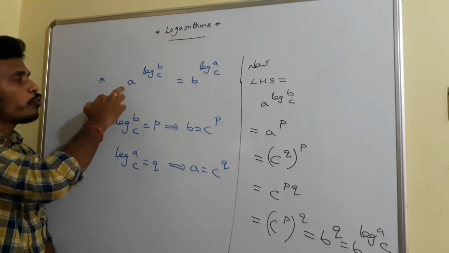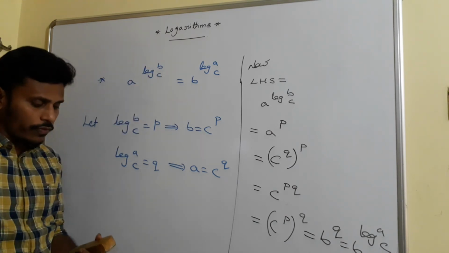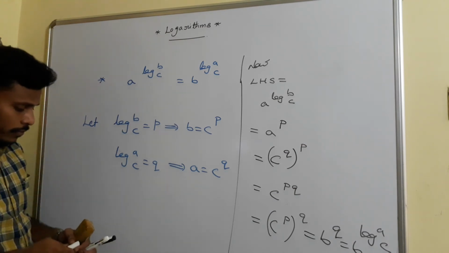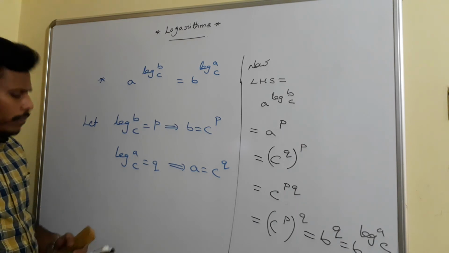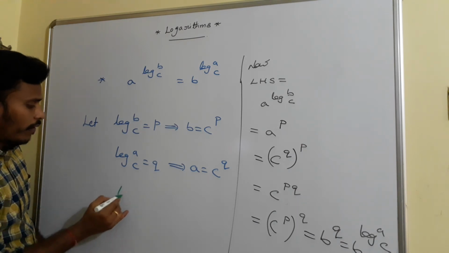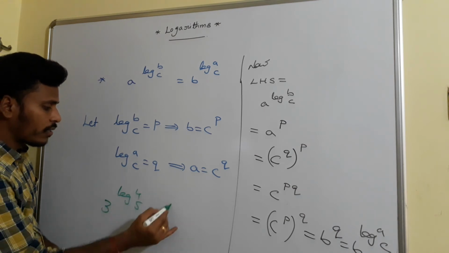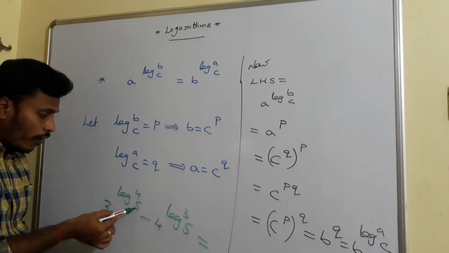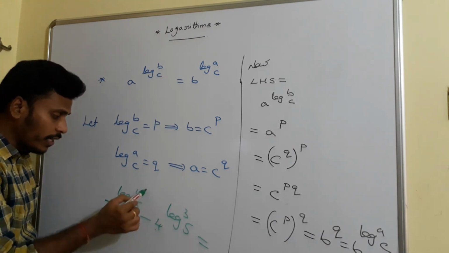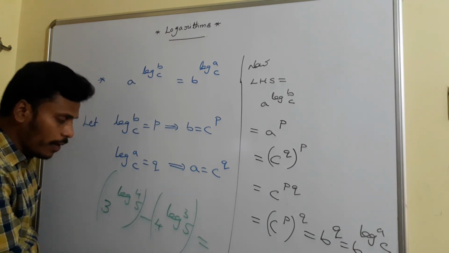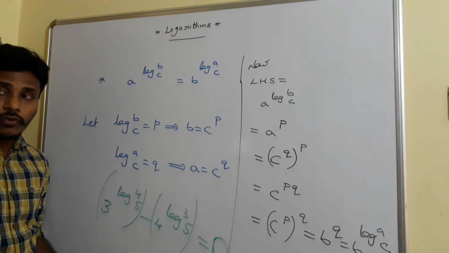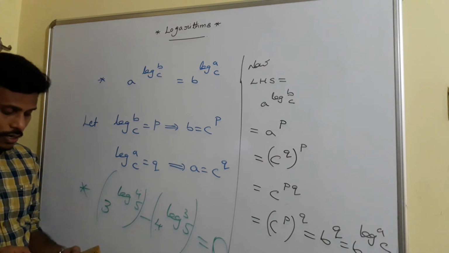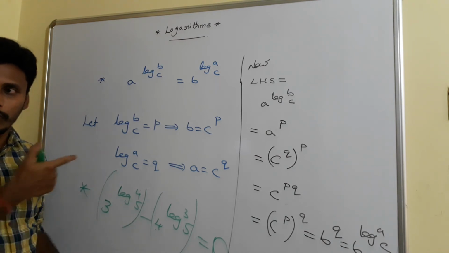So if anybody asks you to replace numbers in the place of A, B, C, you can answer the question. Suppose you have a problem like this: take some numbers, 3 power log 4 base 5 minus 4 power log 3 base 5 equals how much? If you look, the 5 and 5 are the same, and the 3 and 4 are interchanged, so this part and that part are the same, then the answer is 0. How did we say it? Just by the support of this law. Have a look, take a screenshot and write notes.